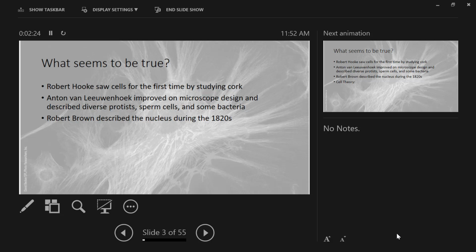And what he did was he looked at cork, which is a type of plant, and he saw what he thought looked like jail cells making up this cork. And so he postulated that living things are made up of cells. It's so wonderful. Van Leeuwenhoek continued to improve on this design and then used it to start to demonstrate